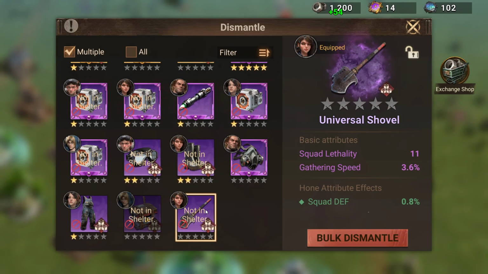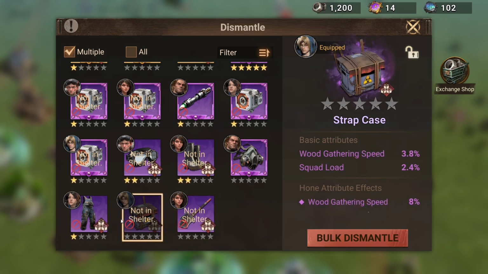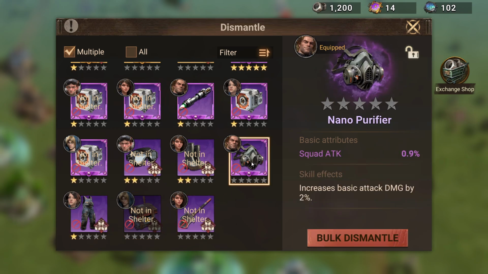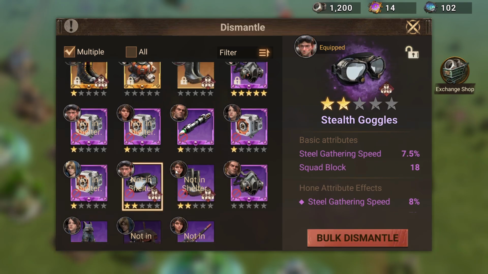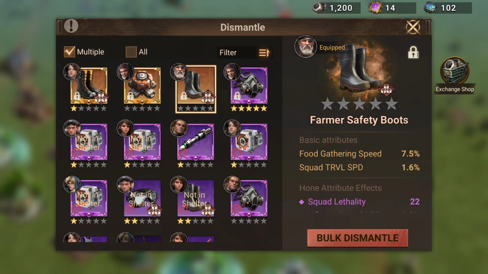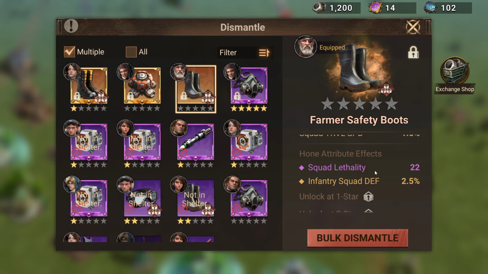Let's check through. Gathering speed, we're going to keep that one. Wood gathering and squad load, we keep that one. Oil gathering speed, we keep that one. Food gathering speed, we keep that one. Steel gathering speed, we keep that one. Right? Here's another food gathering speed, but this one's also got...